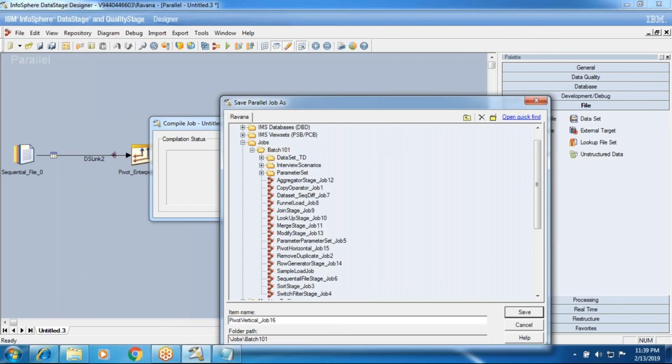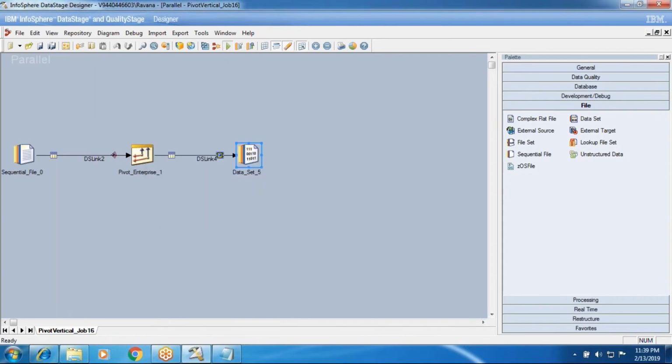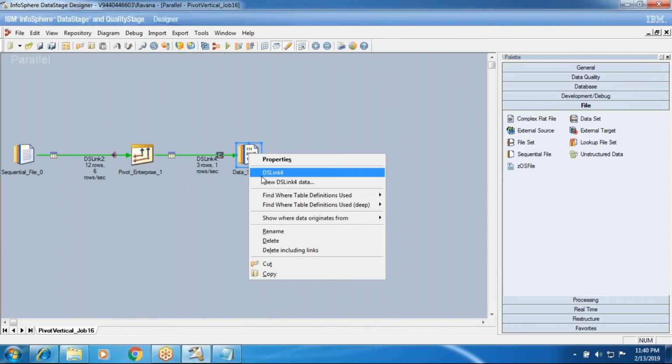Job 16. I'm going to run. So when I run, how many records will I get? 12 records. And how many records will it be converted into? 3 records. So that's what we have seen in the previous job too. That is horizontal pivoting, and this is your vertical pivoting.